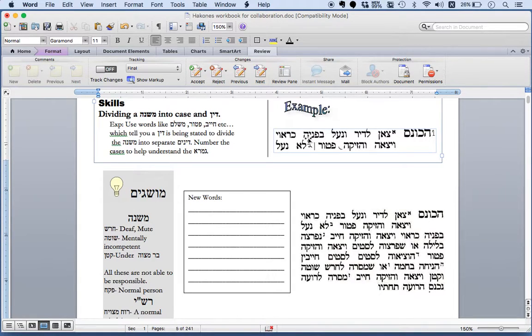Hakones say in the div and al b'fanei karov yatsa v'zika comma. That's the case. Zak the Mishnah pater. Din is pater. Okay, that's case 1, and then here is case 2. Now,